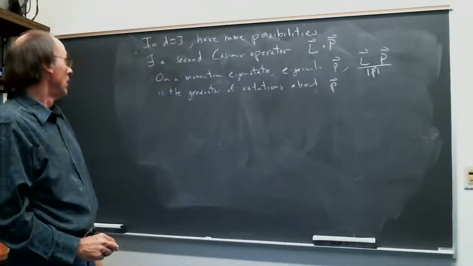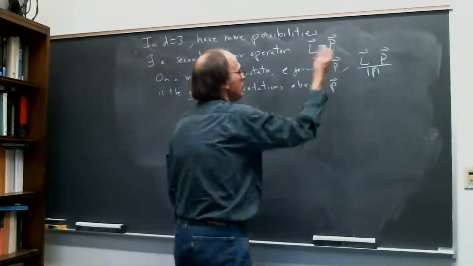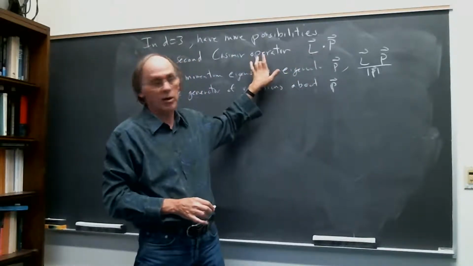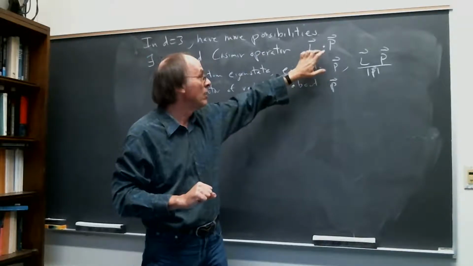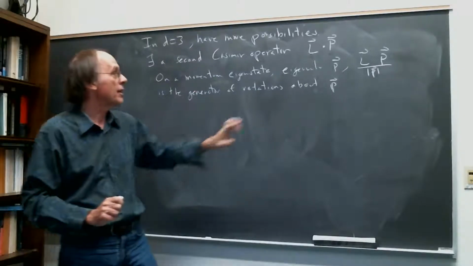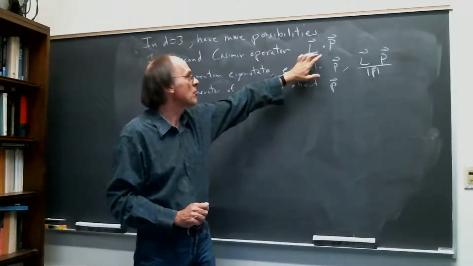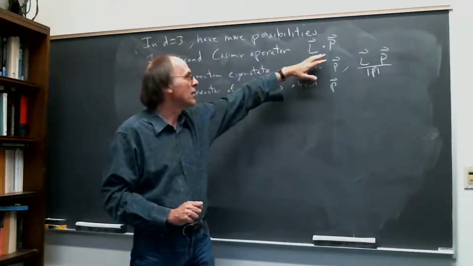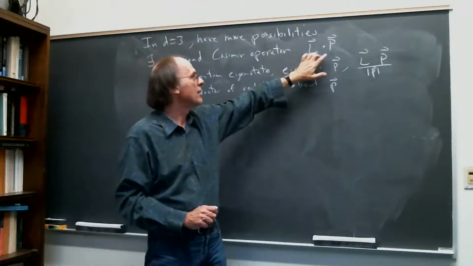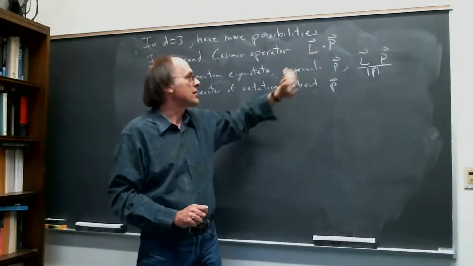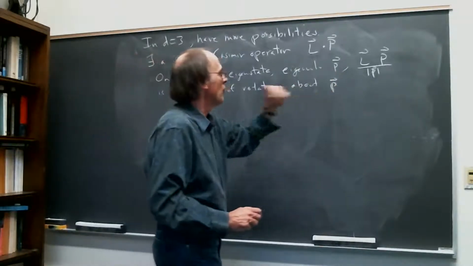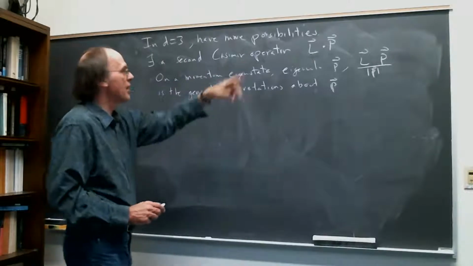Okay. You can check that this is a Casimir operator just by computing its commutation relations with P and L and showing that it commutes with everything. By Schur's lemma, if it commutes with everything, it's going to act as a scalar on irreducible representations. And one thing that's true is that on